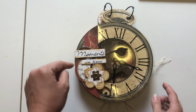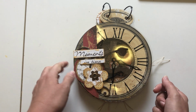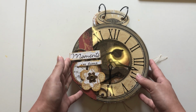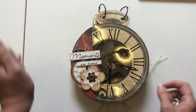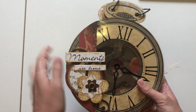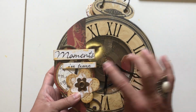So at the beginning, if you wanted to see how I started putting this together, look at my previous video. It's called BoBunny Timepiece Journal or something like that, putting a kit together. And as you saw, I just took the directions and put them to the side and didn't really even look at them. I did do the cover kind of like the way they had it because I liked that. So I added that. Added a few of my own little touches, you know, the gold,